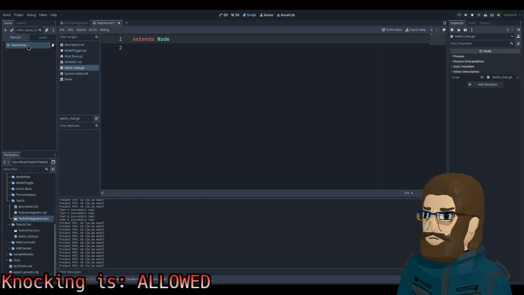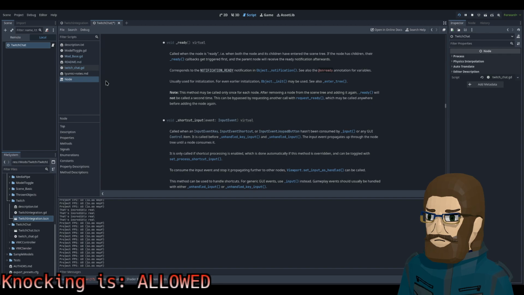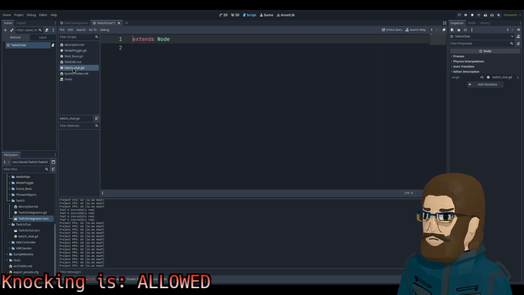Okay. Yeah, nice. It's weird, I feel like these should not be behaving how they're behaving. We have the node docs up. Search the reference documentation. How do I get to this? You guys don't see this. Never mind. So Twitch chat GD.